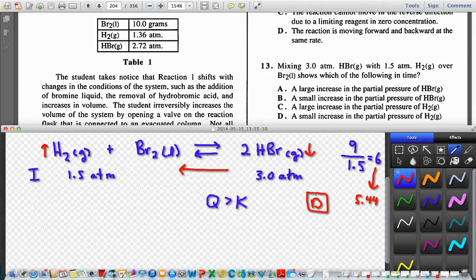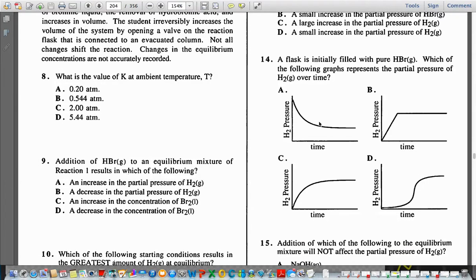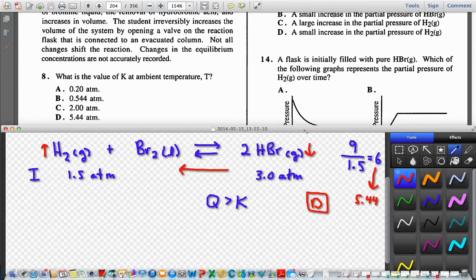And then the graphs on number 14. Mm-hmm. I said B and it should be C. Okay. What's the distinction there? The partial pressure. Oh, yeah. Just the dissociation. This isn't bad. This isn't bad at all. So initially,